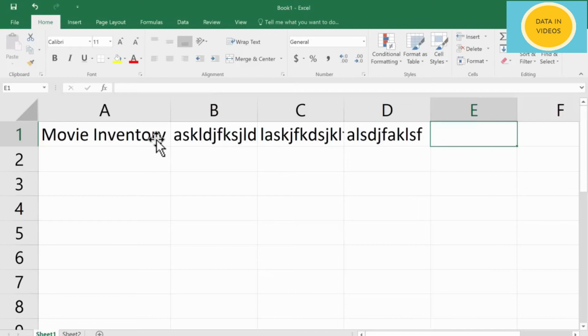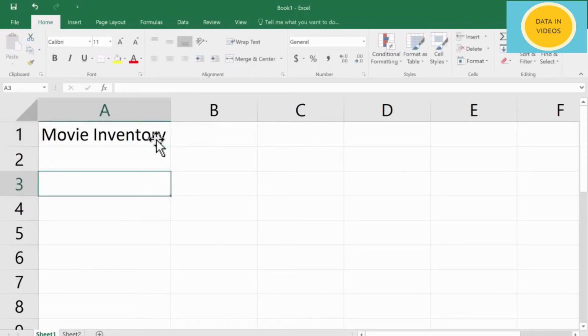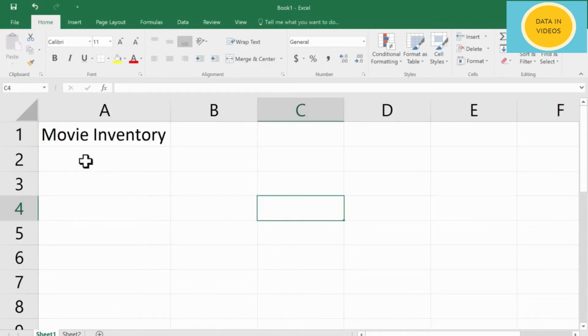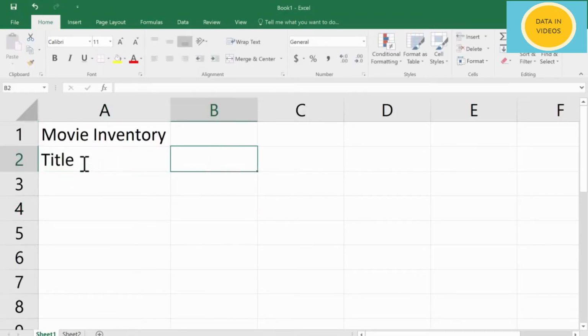You can use arrow keys also. So I can write more text there and again tab to enter more text. But what if you want to move left? You should hold shift and press tab. You can also move on the Excel sheet by arrow keys up, down, left or right, and you can use your mouse to go anywhere on the sheet, but I prefer and suggest you use the keyboard instead of the mouse.